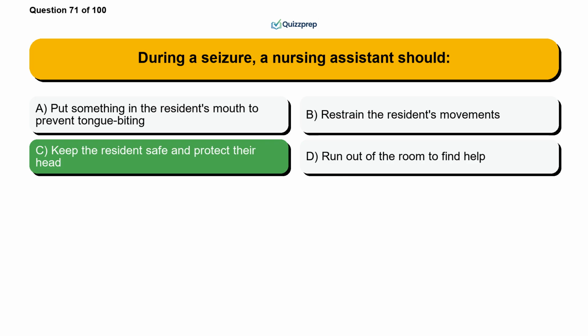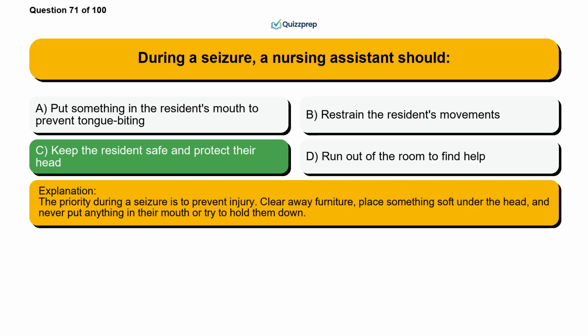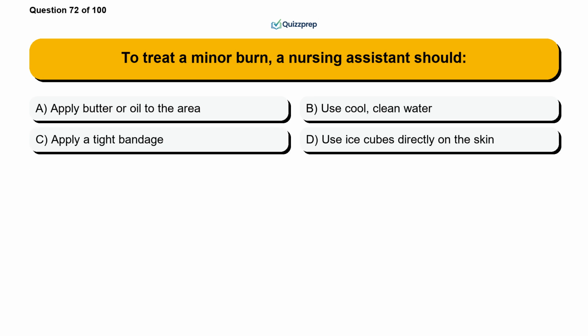The correct answer is option C, keep the resident safe and protect their head. The priority during a seizure is to prevent injury. Clear away furniture, place something soft under the head, and never put anything in their mouth or try to hold them down. Question 72. To treat a minor burn, a nursing assistant should: Option A, apply butter or oil to